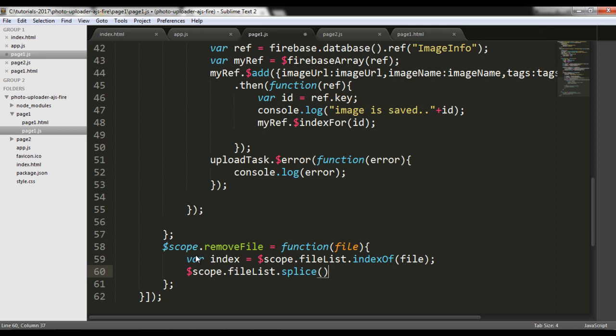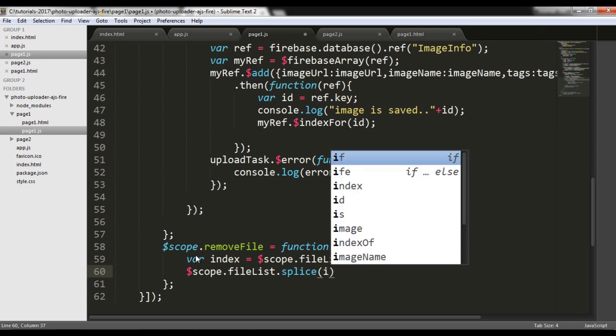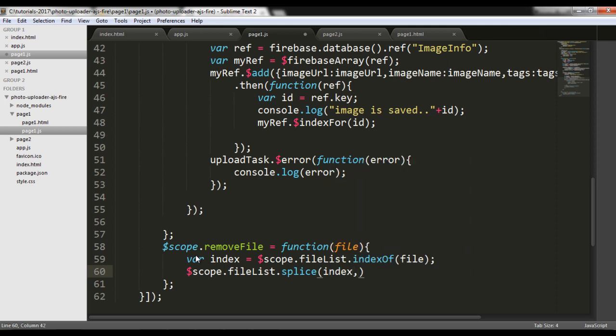This splice file will remove one file at a time. Index and number of file will be 1,